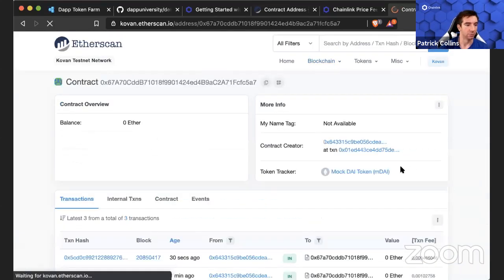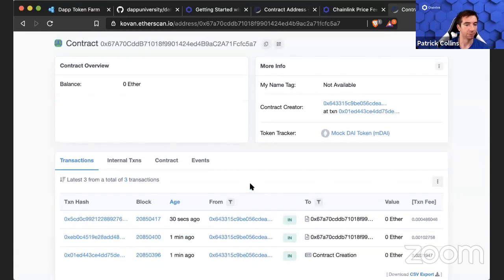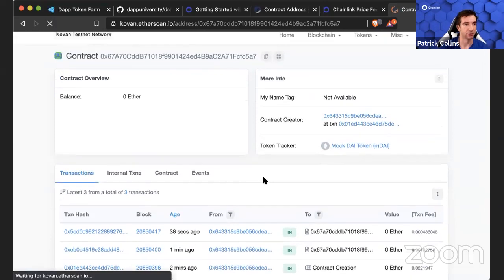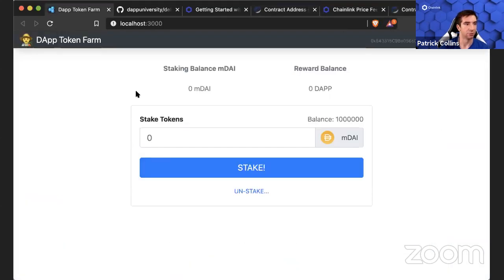Cool. So we sent it to this contract. It's here. And now it should be populated. Great. So we have 25 MDAI. Now, again, we want to